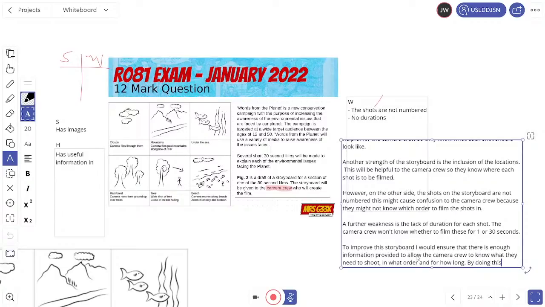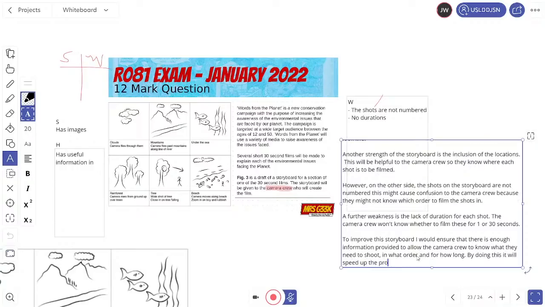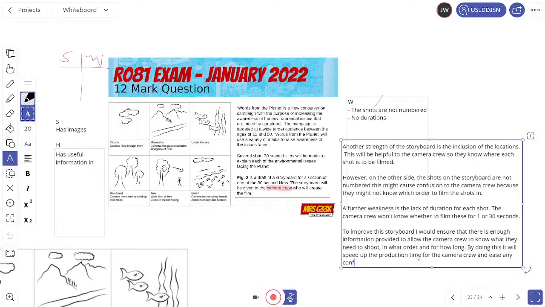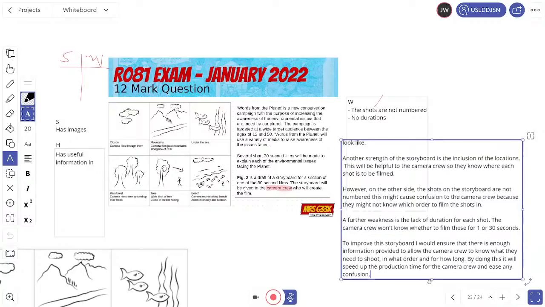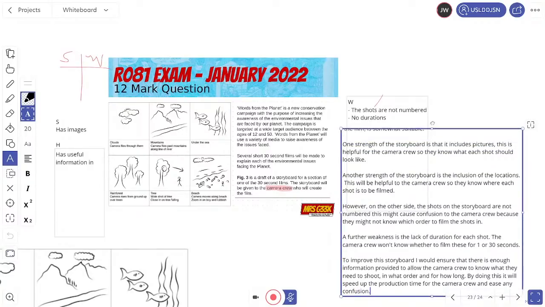By doing this, it will speed up the production time for the camera crew and ease any confusion. And you can obviously go on longer if you want to, but you don't have to. That's essentially all of the key parts on here.